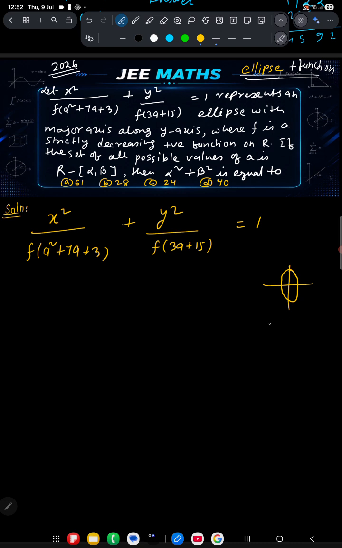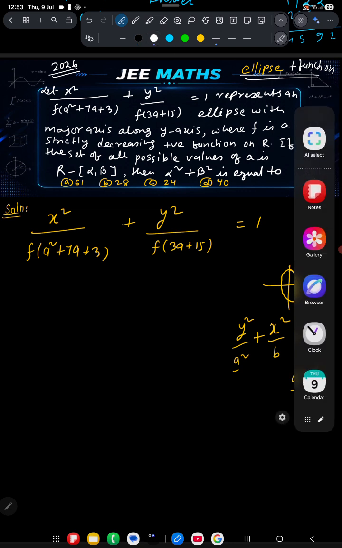When the ellipse major axis is on y-axis, in that case y square by a square plus x square by b square equal to 1, where a is greater than b, and coefficient under the y square will be a square, which will be greater than the coefficient under the x square, that is b square. This concept you already know